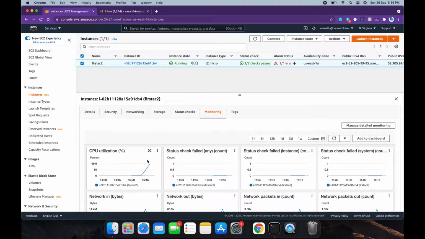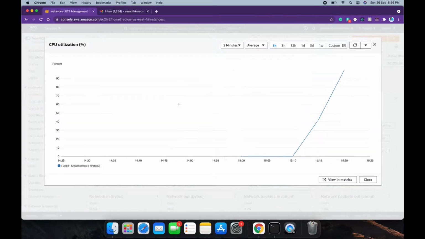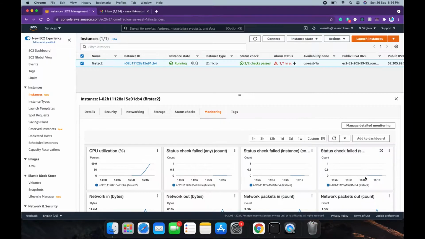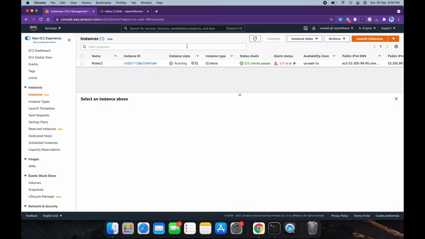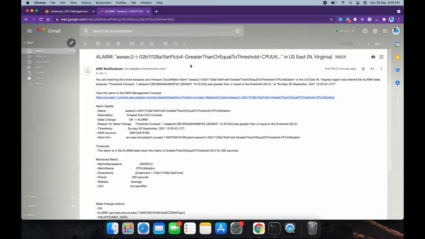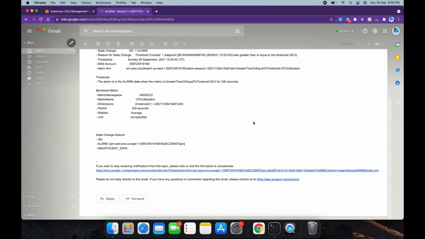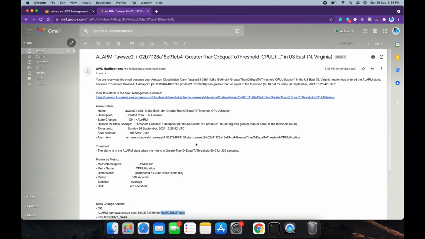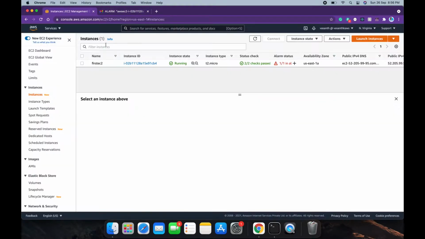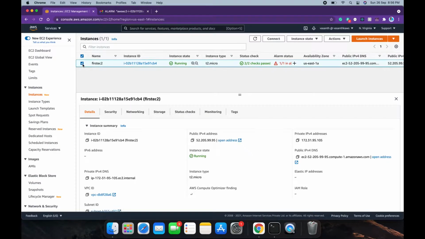As you can see, after waiting for some time, the CPU utilization has changed. It has gone all the way to 99%, I guess. Oops, I think I forgot to set something in the alarm. This is working. So this is the email which we are supposed to get. We have set the threshold so it was greater than 50%. That's why we have got an email, since we are subscribed to that first EC2 SNS topic. This is how you perform stress testing and trigger an email through SNS topics.